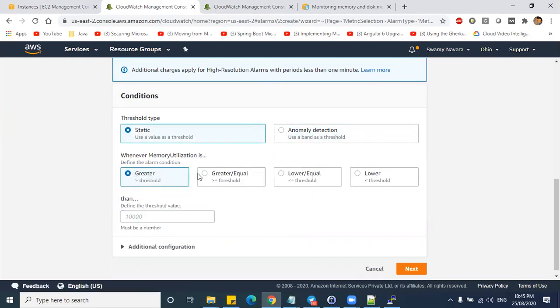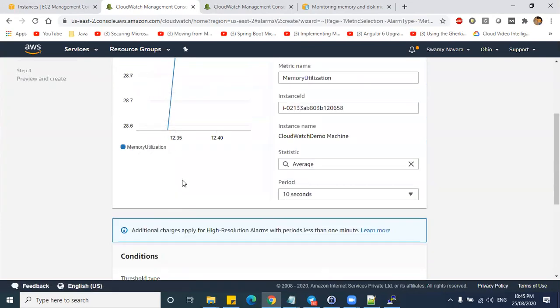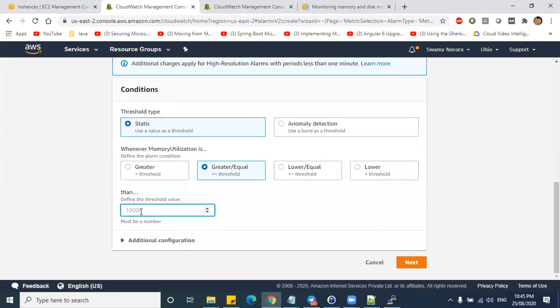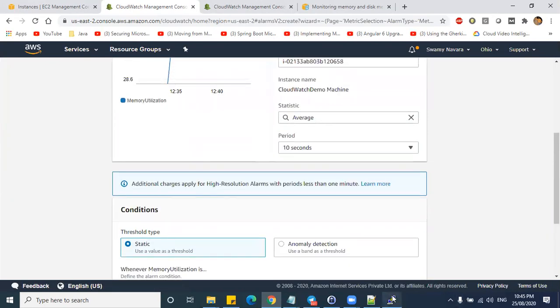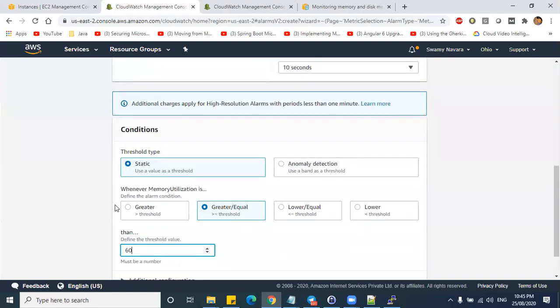Let us say if the percentage of the memory utilization is greater than, let me keep 50% or 60%. We can increase this memory in EC2 with the same test tool which we used the other day for auto scaling group.